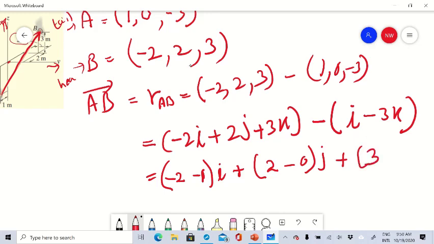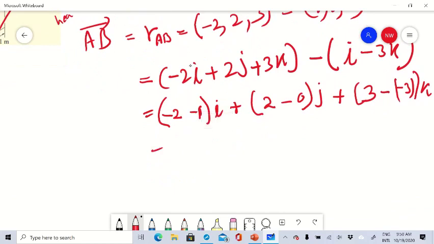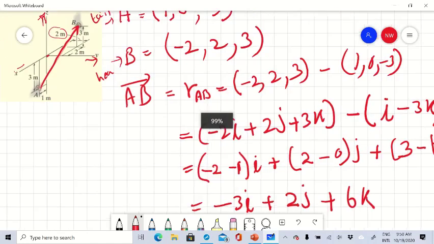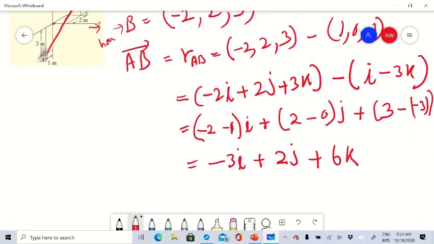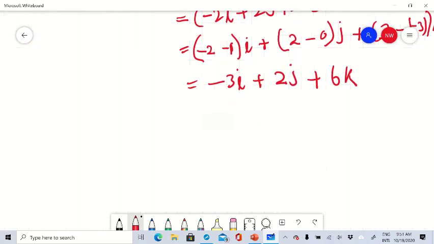3 minus 3 times k, right? So which means that minus 3i plus 2j plus 6k. This is the vector AB, right? So if we find the magnitude of this vector, then we can say that is equal to the length of the rubber band, right? So the magnitude of this vector,